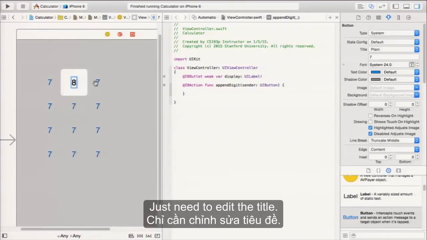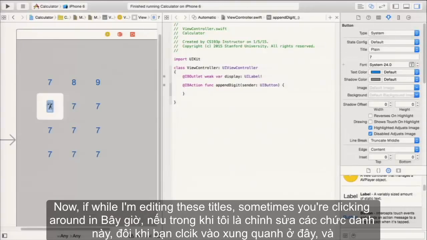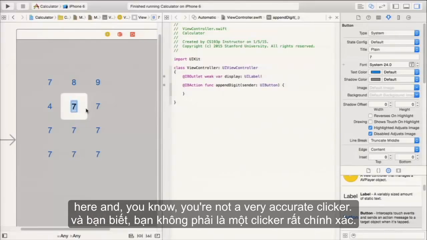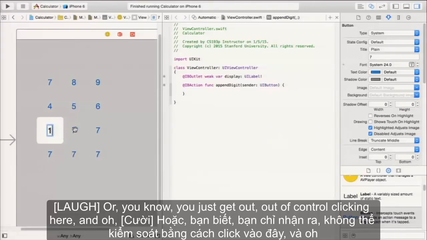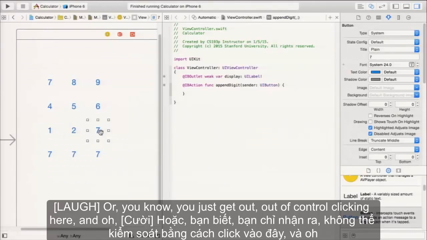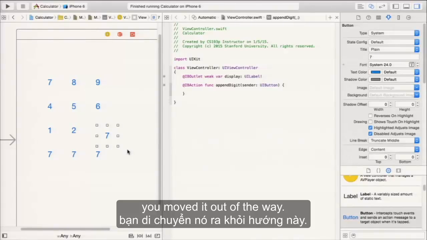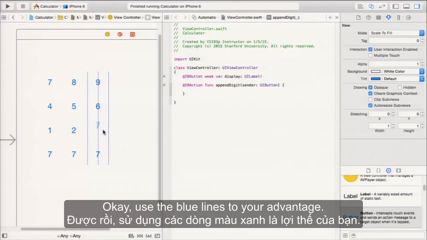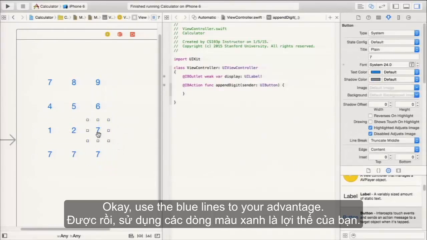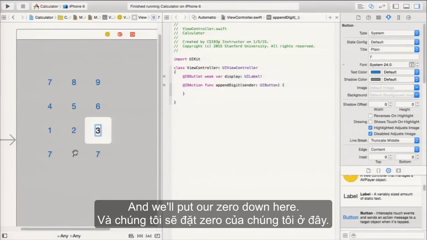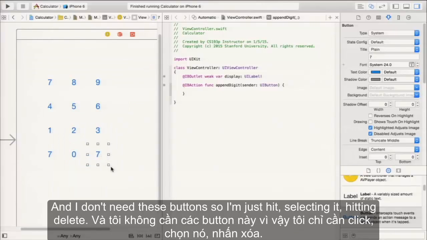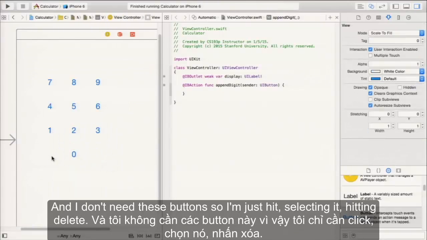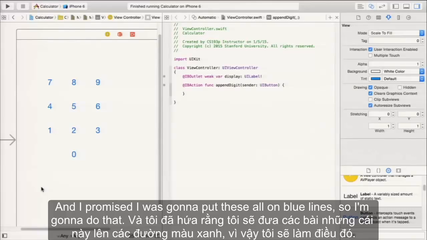Just need to edit the title. Now, while I'm editing these titles, sometimes you're clicking around in here and you're not a very accurate clicker, or you just get out of control clicking here and oh, you moved it out of the way. No problem. You can just put it right back in. Use the blue lines to your advantage. And we'll put our 0 down here. And I don't need this button, so I'm just selecting it and hitting delete. That's how you can get rid of something. And I promised I was going to put these all on blue lines, so I'm going to